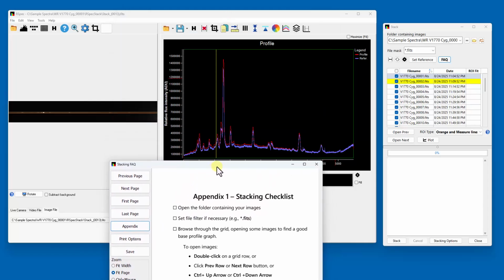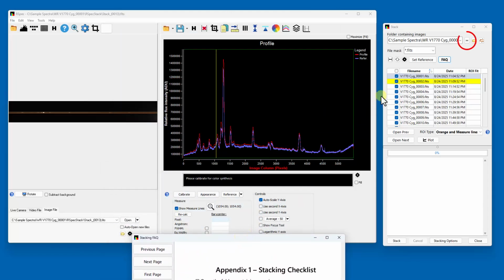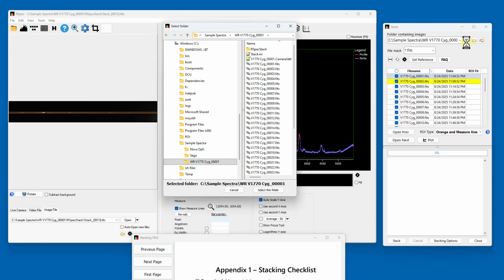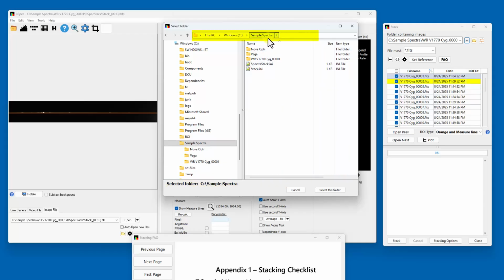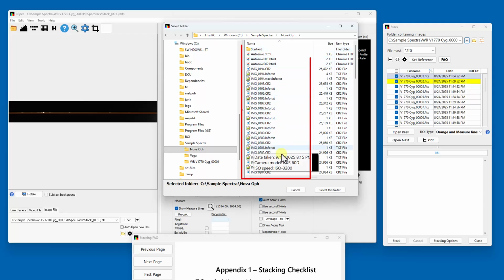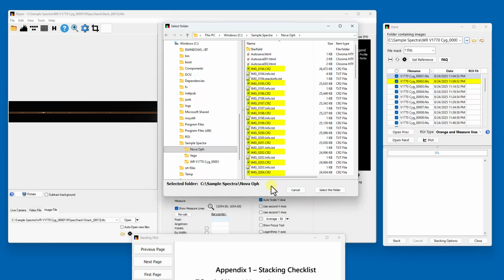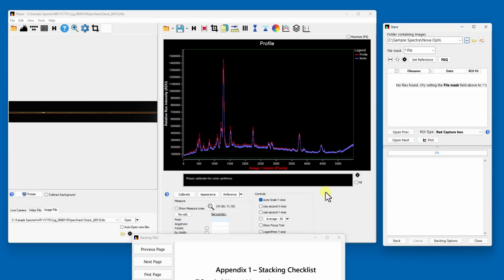Okay, let's move this down here until we need it. So I'll come over here, and as we've seen before, click on the ellipsis. We can see at the top and bottom in yellow the folder that I'm currently in. Okay, let me come up here and I'll click on Nova Ophiuchus. Here we can see the list of files in that folder, including these raw CR2 files that I want to stack. Even if you're not using raw files, this video will have a lot of helpful information for you, so stick with us. I'll click on the Select button, and notice back here in the stacking window, there aren't any